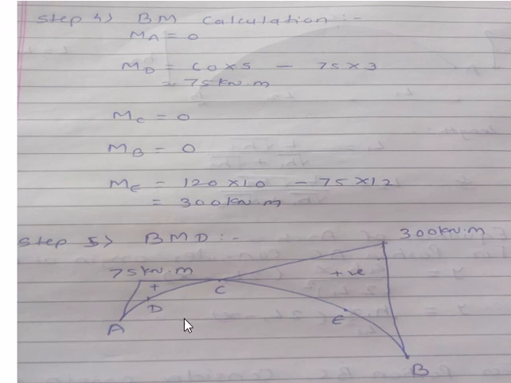You will get the bending moment diagram. So I hope all of you understand the analysis of a 3-hinge parabolic arch with supports at different levels. In the next lecture we will start with the analysis of the segmental arch or the circular arch. Thank you.